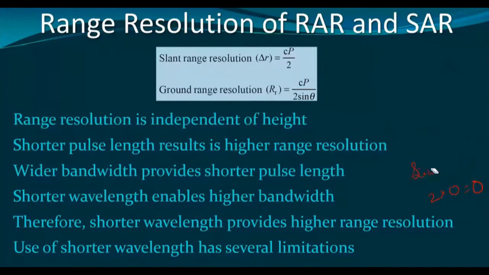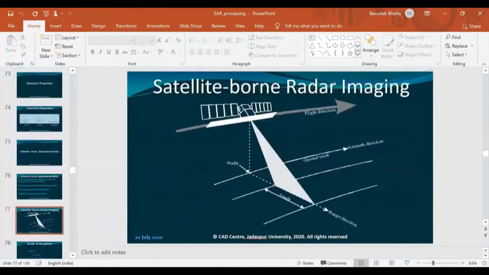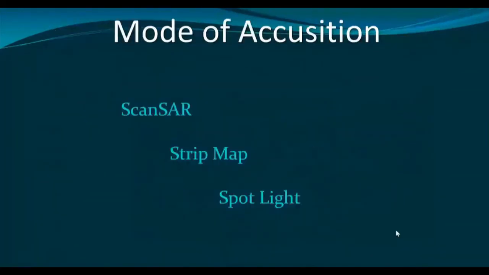and we get the pixels. We have discussed all of the terrain parameters, three terrain parameters we have discussed, and other than these terrain parameters, we shall discuss some advanced topics. Among them, let us first start with the mode of acquisition.